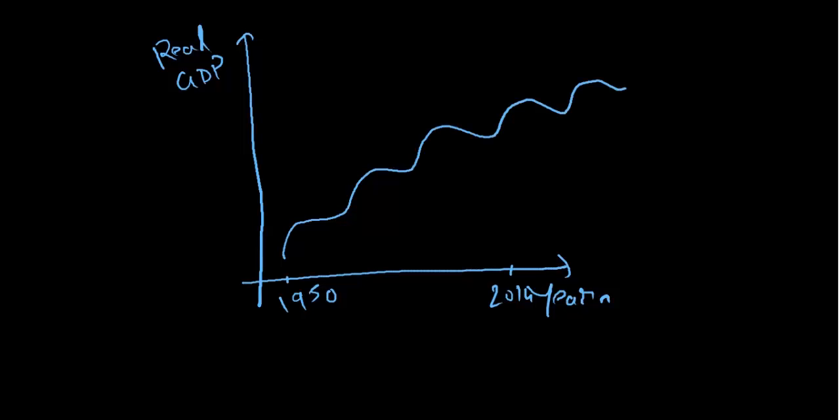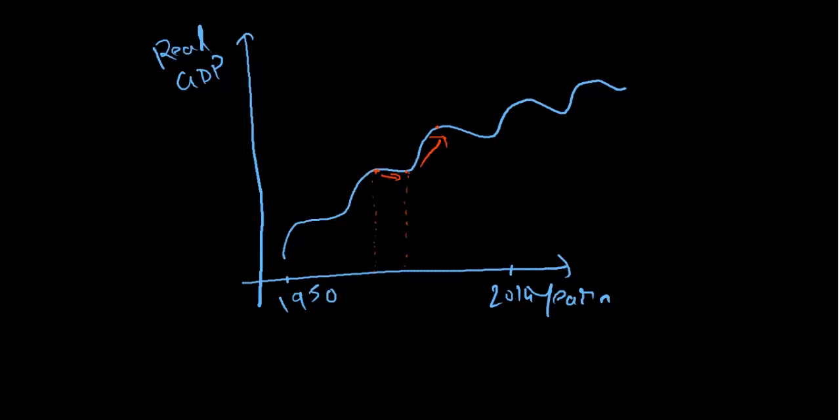Over the years it is growing, but when you look at particular years, say in this time period, there's a decrease in GDP. On the other hand, if you look at this time period, there's a clear increase